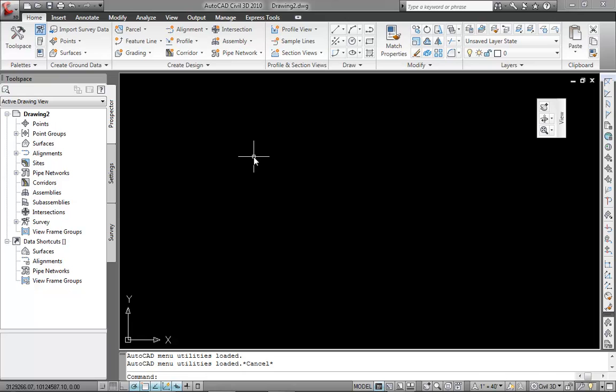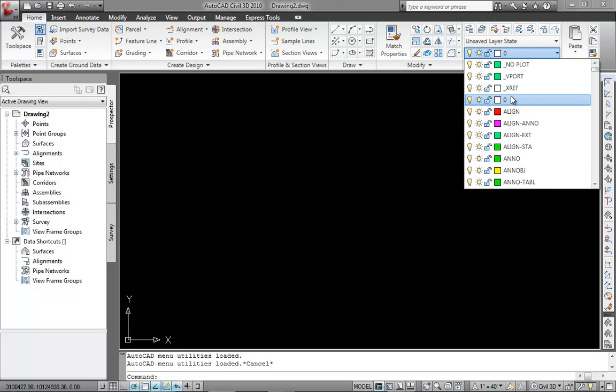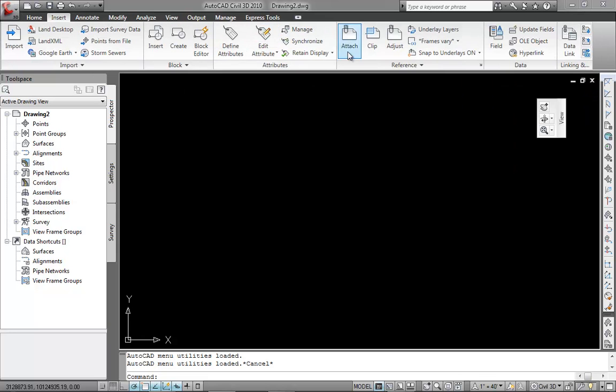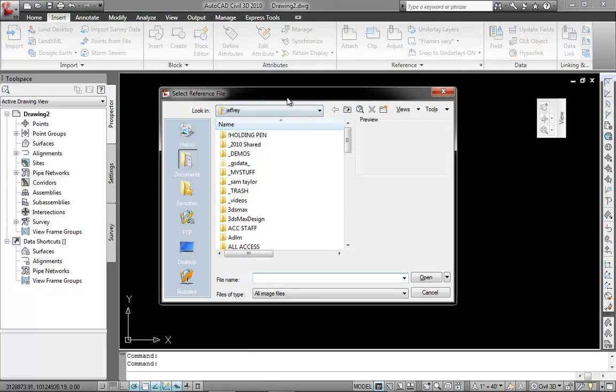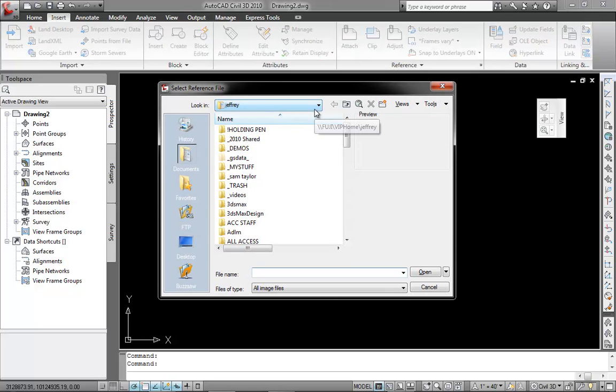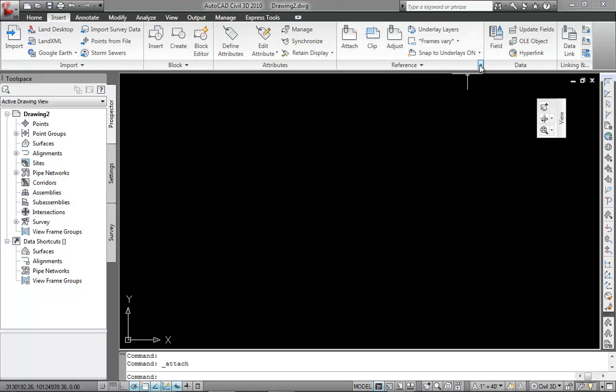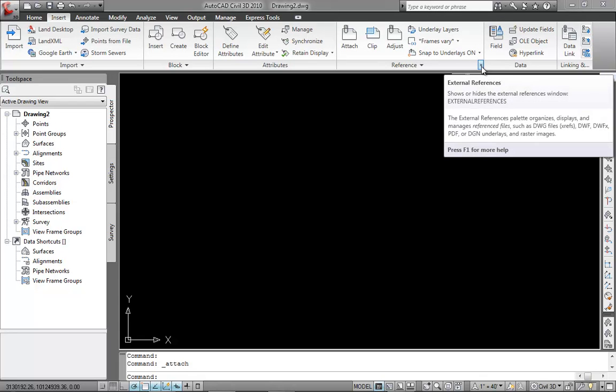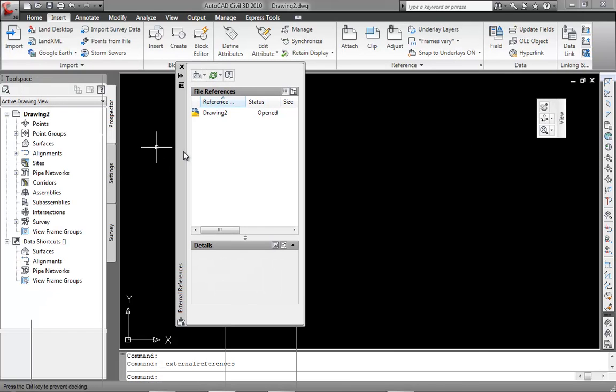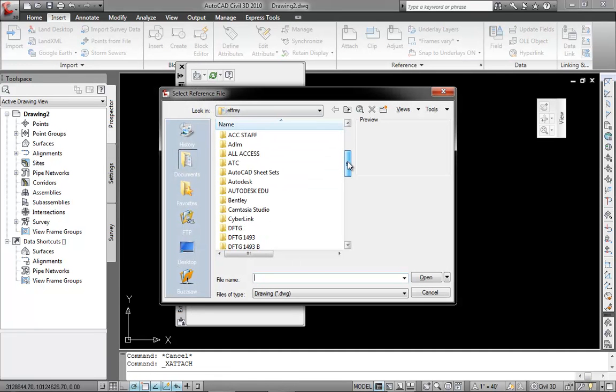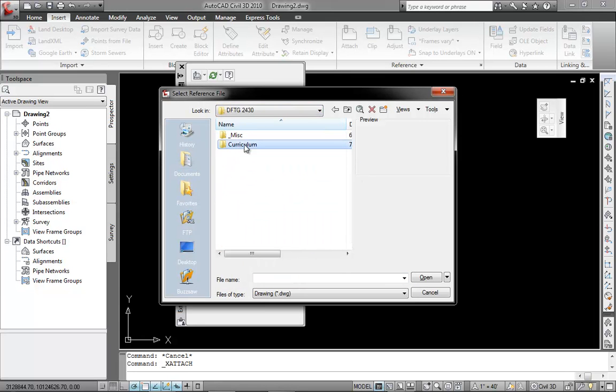complete this assignment. You'll save it to your U drive as specified on your handout, and I'm going to go ahead and set the XREF layers current and insert my XREF by attaching it. You can do it this way, or you can open up the XREF manager itself, and the way to do that is to click on this icon right here at this lower right arrow. XREFs opens up a palette instead, and you can click on the drawing attach and navigate to the location of your XREFs. Yours will be on your U drive in the folder specified,